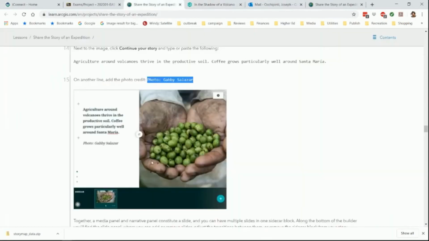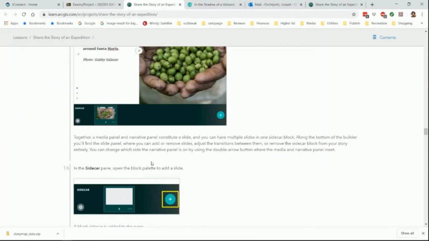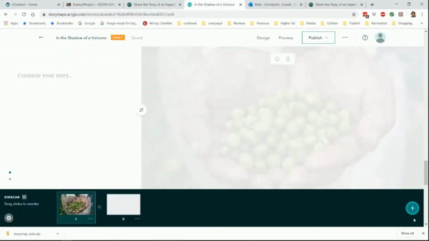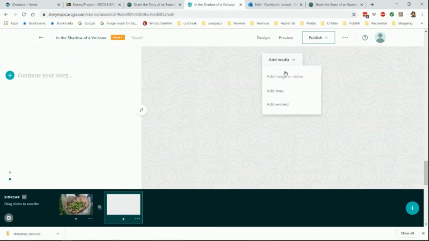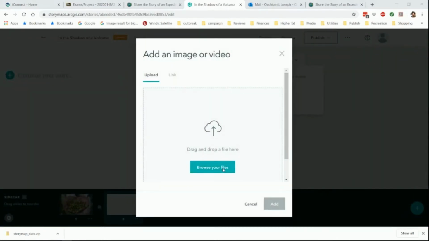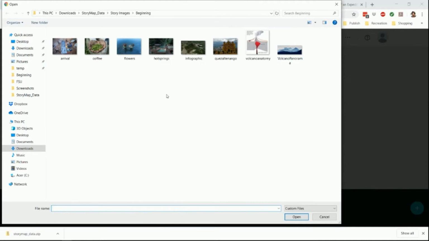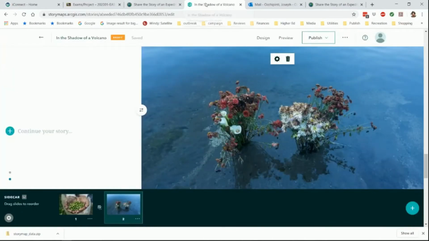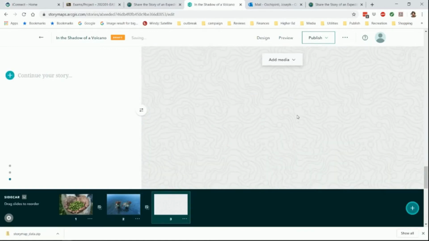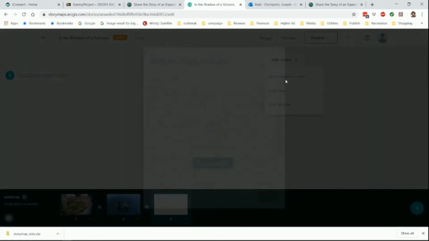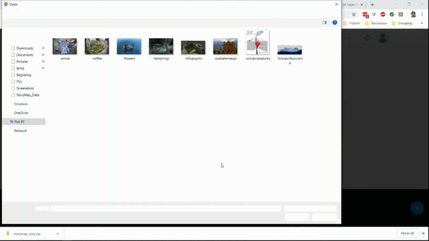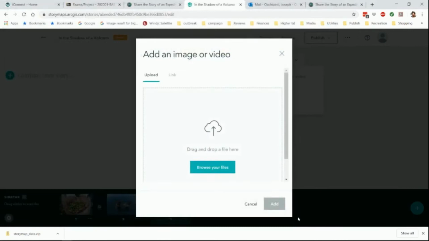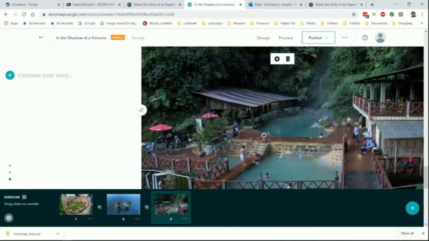And let's move on. Next, I'm going to add a second image. Hit the plus sign on the bottom. Add another image. Browse for it. And add it. On the bottom here, it shows you both images. Well, it turns out that I put in the wrong image. So I'm going to put in a third image here, the hot springs, and I'll just take it and drag it over and fix it. There we go, which should have been